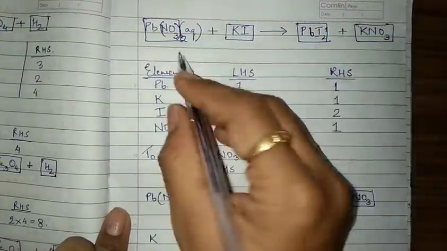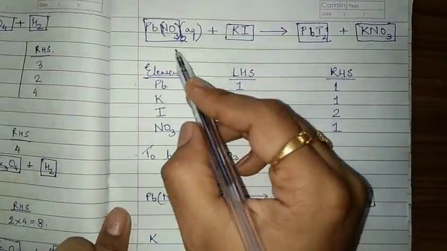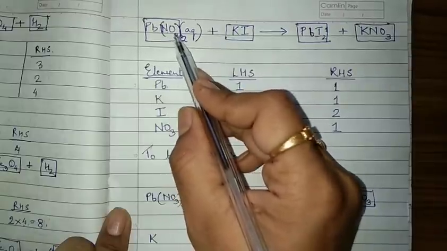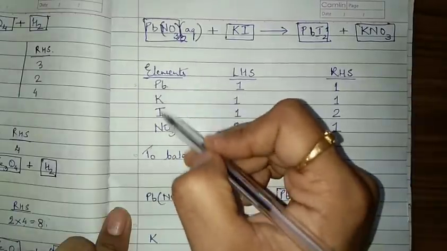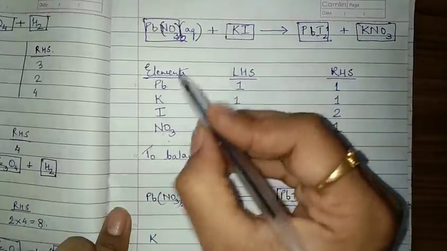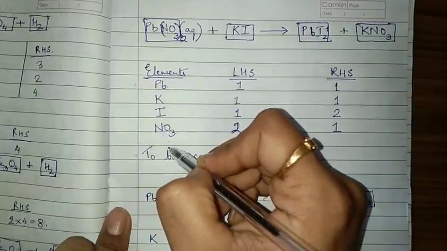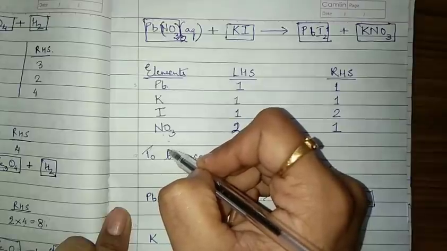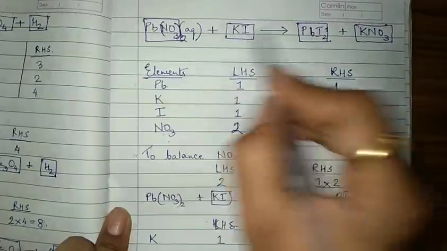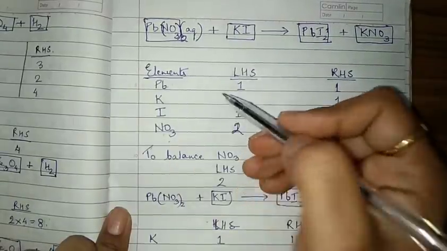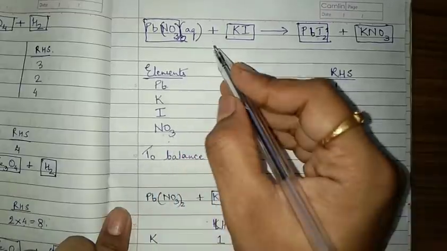So, when in an equation there are polyatomic ions, I use a little trick: I use this NO3, that polyatomic ion, as a whole atom. When we write that column, we do not write N and O separately, because if we write N and O separately, then balancing will be a little confusing. That is why the trick is that if the same type of polyatomic ions exist on both sides, then we take that polyatomic ion as a whole atom. Okay. Now, we start balancing this.